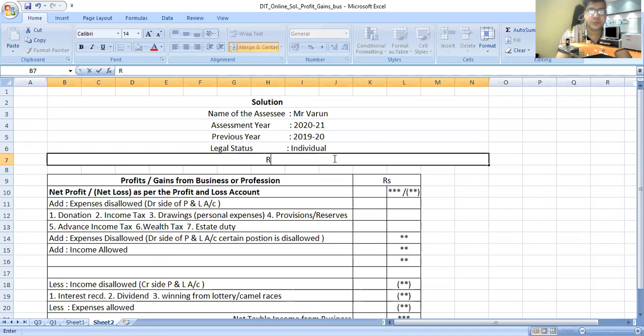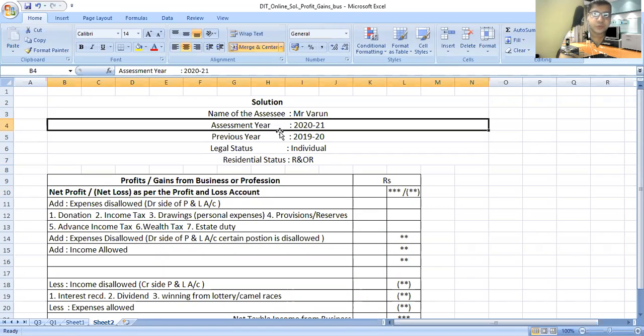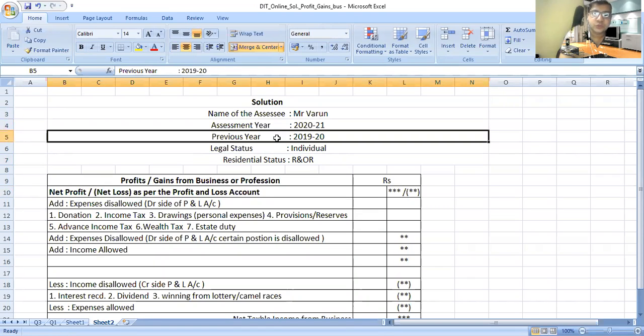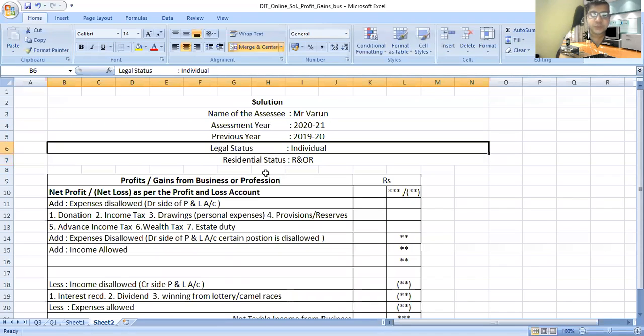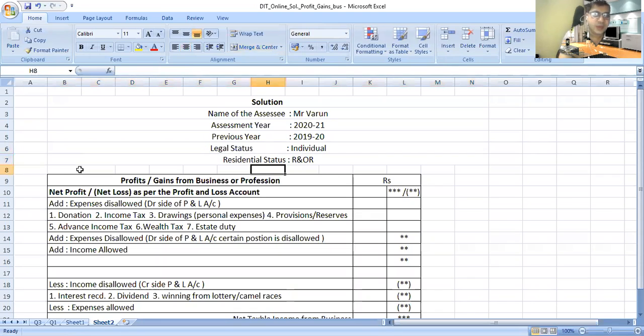One more status we have to write, residential status. We have to always consider R and OR. And then after that, we have to write here